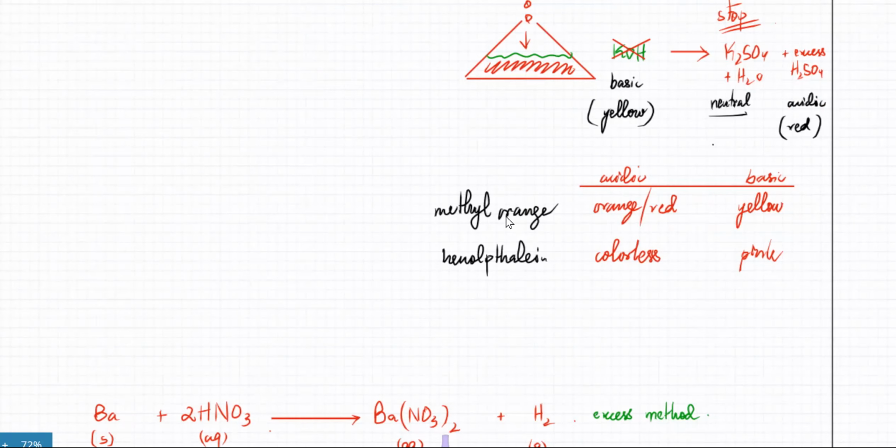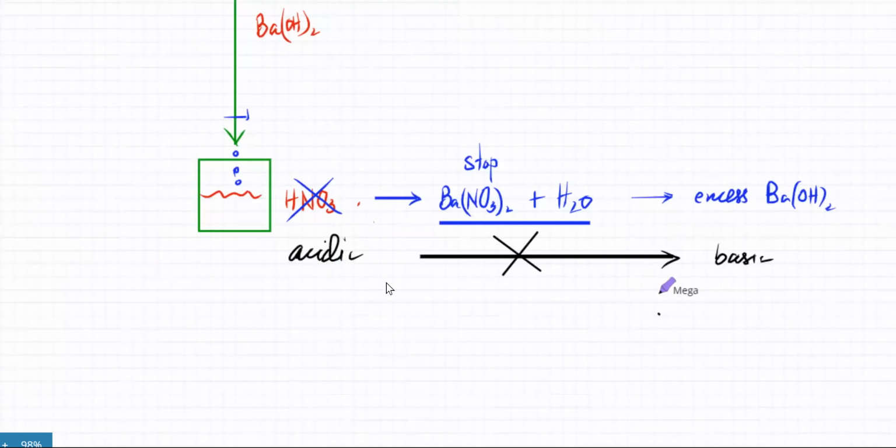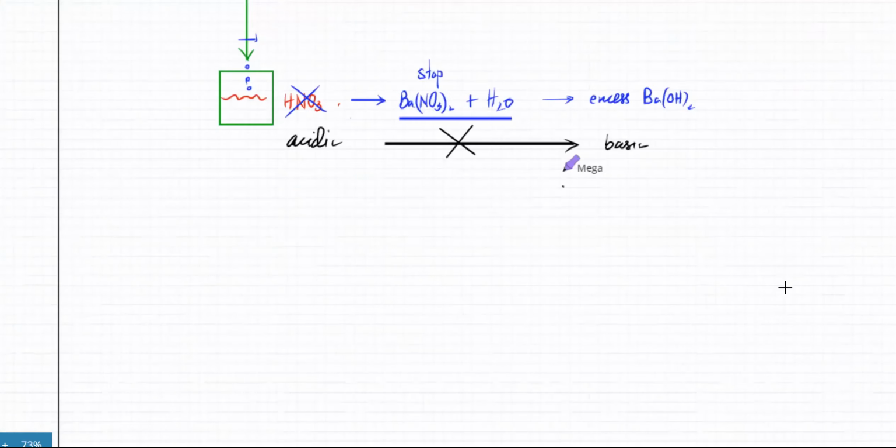So you had these indicators that would change color. Methyl orange would have a different color in acidic and basic solutions. If the solution is acidic, it would be red in color. If the solution is basic, it's going to be yellow in color. So I'm going to write down the steps now. This is how you're going to answer this in your exam. So the steps are,